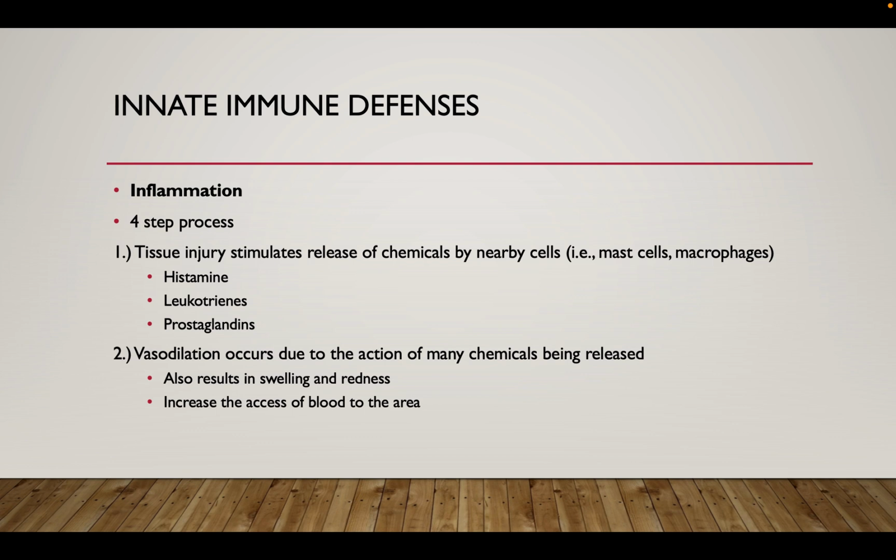Okay, so we have histamine, leukotrienes, and prostaglandins. These different chemicals are going to result in different things. So histamine results in some vasodilation. Leukotrienes and different ones can recruit more cells to the area, and then prostaglandins are ultimately what result in the